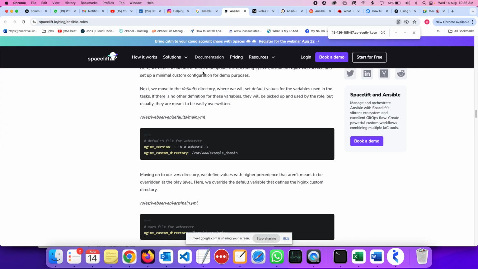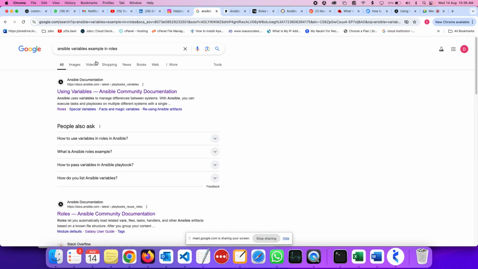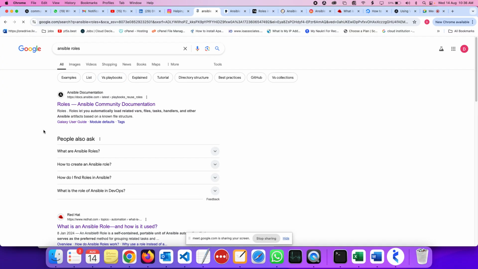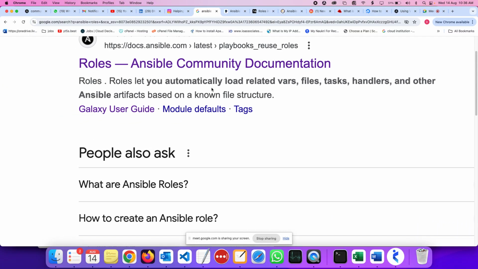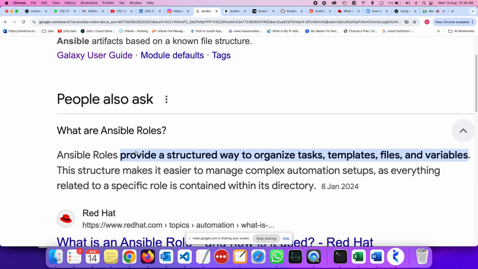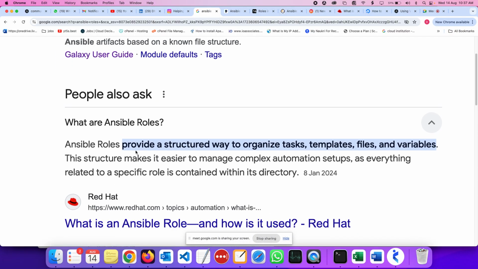As part of a definition, an Ansible role is used to organize your files. It provides a structured way to organize the tasks. If you want to create one particular task for one team, and for the next team you want to create some different tasks, and you do it like that,